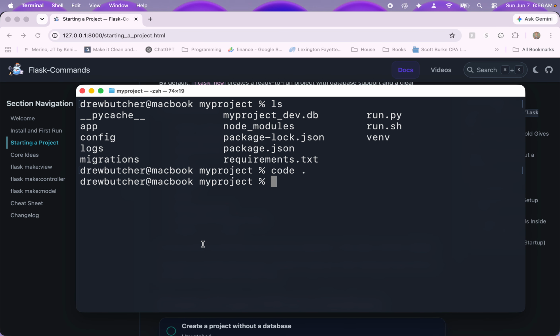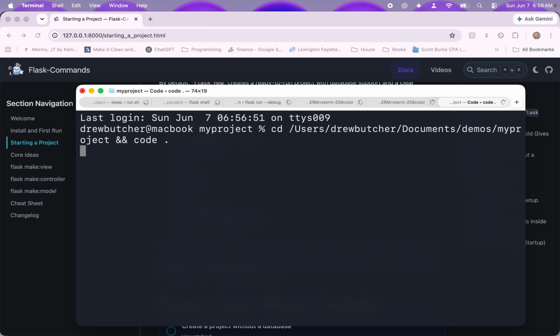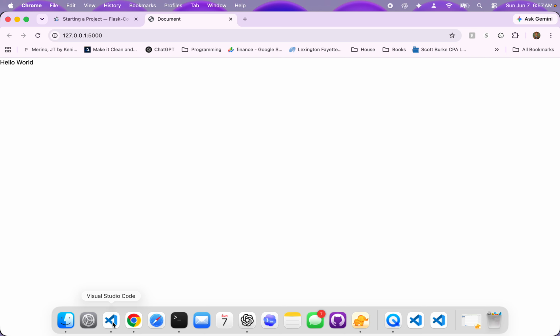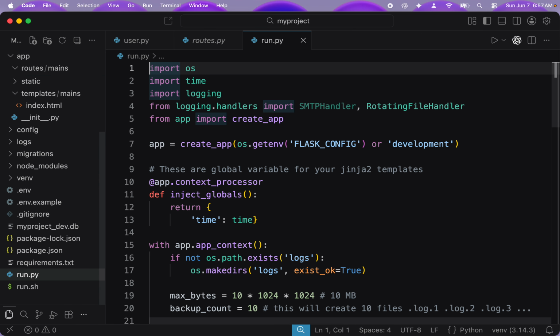And what that does is that way I can just do this, and then a whole bunch of things are going to happen. This is running different things in my terminal. It's also opening up VS Code, for example, and it's running the application. And so we just saw that hello world. Let me show you that run.sh file. Sorry, wrong file,